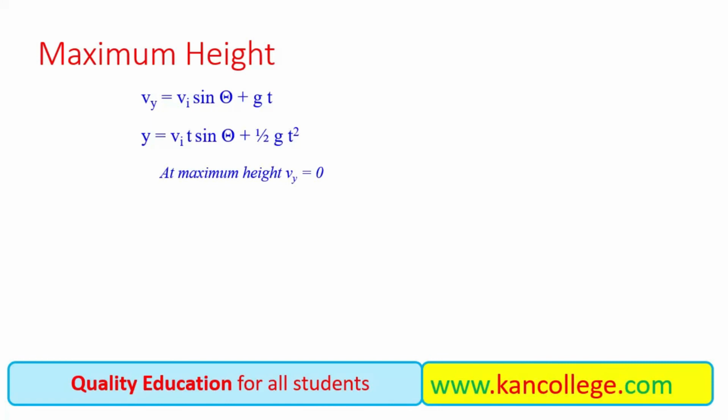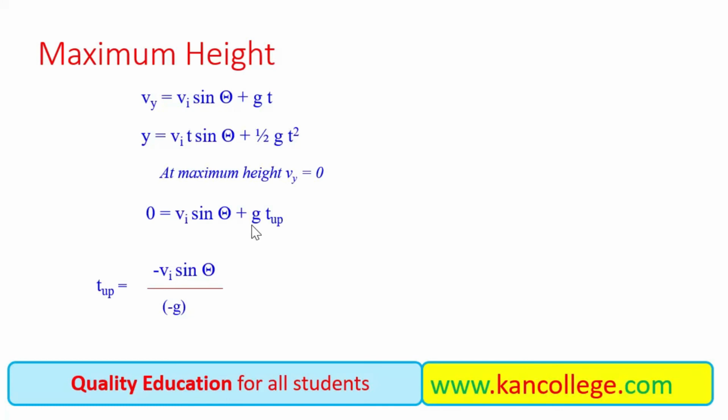At maximum height, we know that the body will stop, and the final velocity along the y-axis, the vertical component of velocity, at that maximum height point will be equal to 0. As we know, when the body moves upward, its velocity decreases, and when it reaches the maximum height, the vertical component of velocity will be equal to 0. So putting the value of Vy equal to 0 in the first equation,